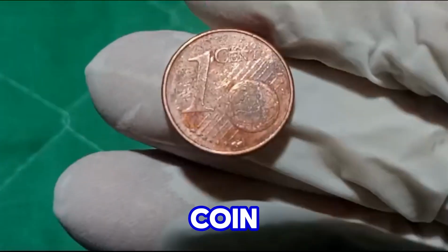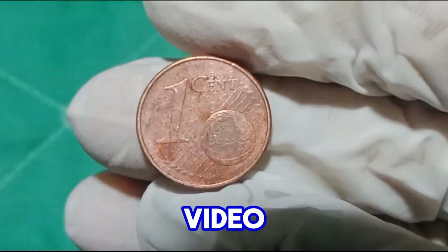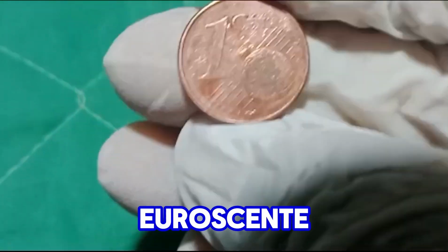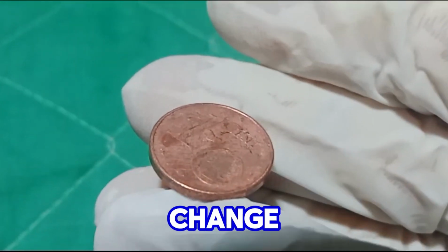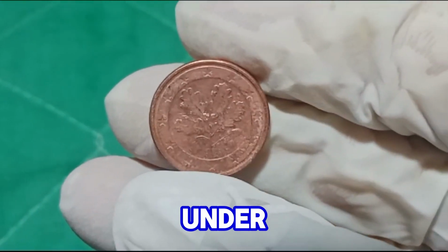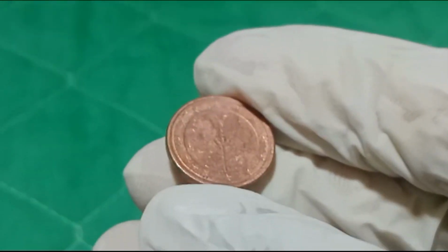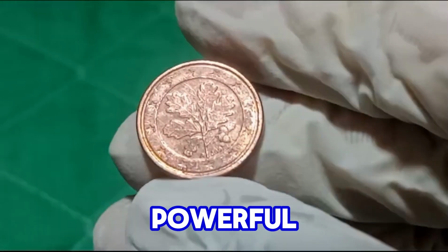Welcome back, coin collectors and history enthusiasts. In today's video, we dive deep into a fascinating piece of European currency, the €1 coin from 2002. It's more than just pocket change. This small but significant coin carries a rich history, special value, and, under certain conditions, could be worth a surprising amount of money. Stick around as we explore everything you need to know about this tiny yet powerful piece of